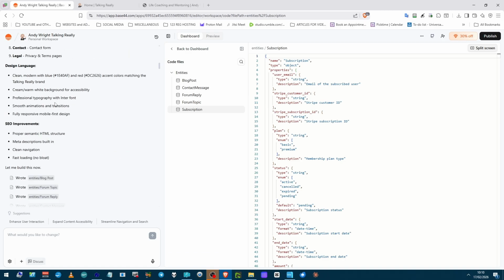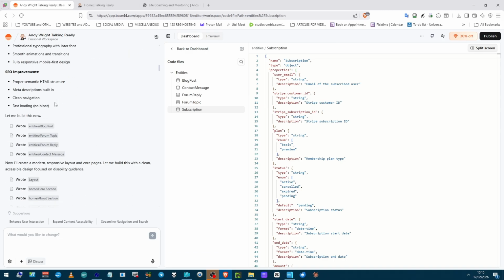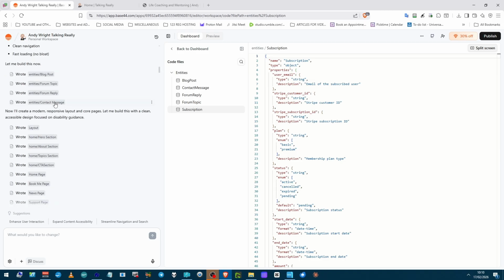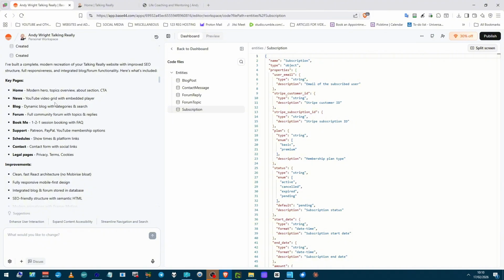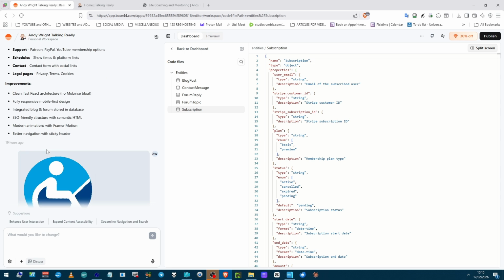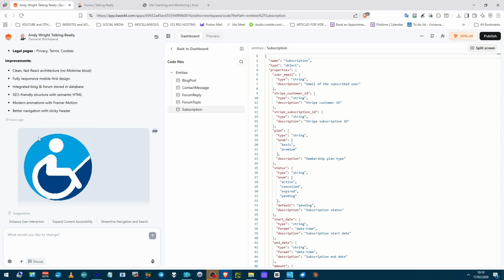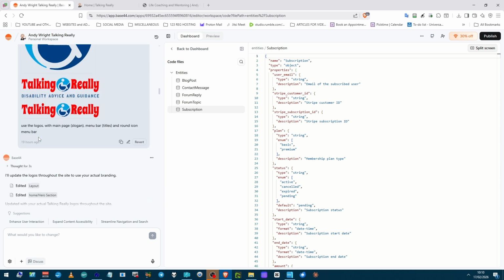So it's obviously all those things there. SEO improvements, done that. It's done a few more things as well. I got down here, key pages, there. And then of course I wanted a logo put in there, so I gave some logos.